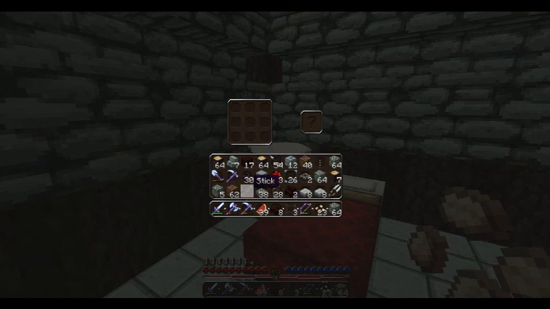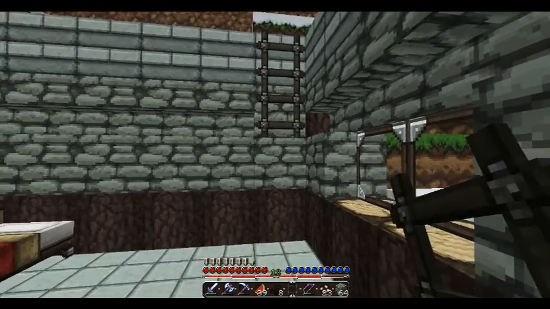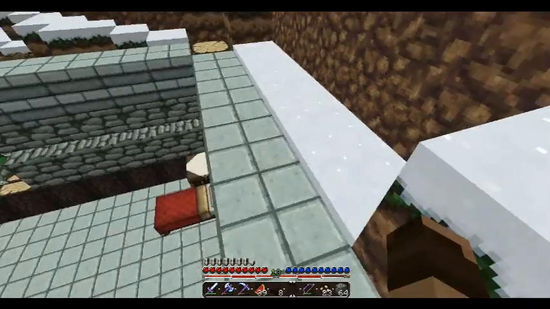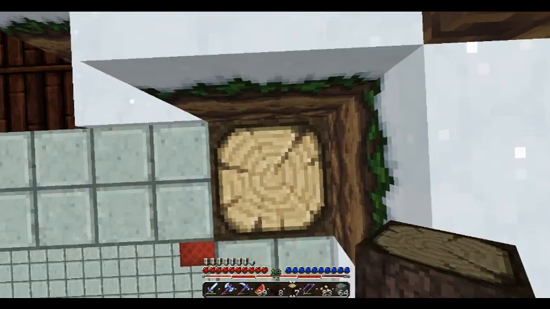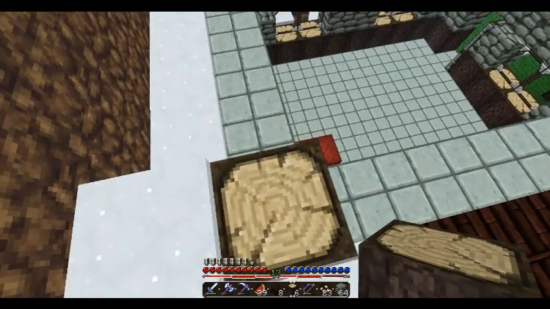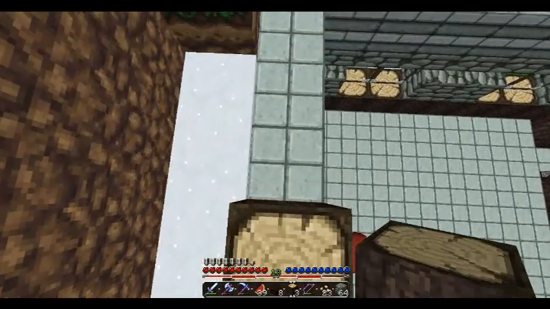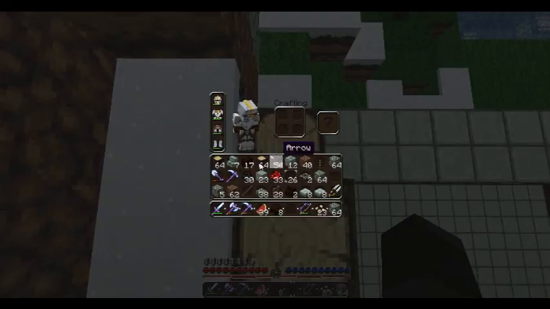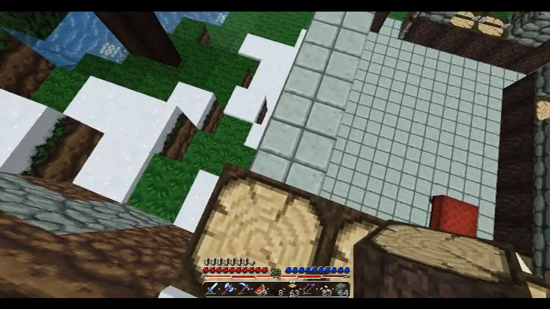There we are. And just enough for the moment. Just hop onto that, climb up. Perfect. And we get some more spruce wood out. Alright, I'm going to work on the nice little wood outline of the second floor, and I will be back